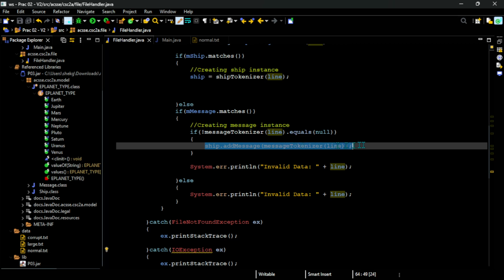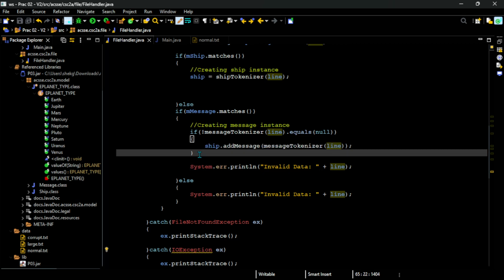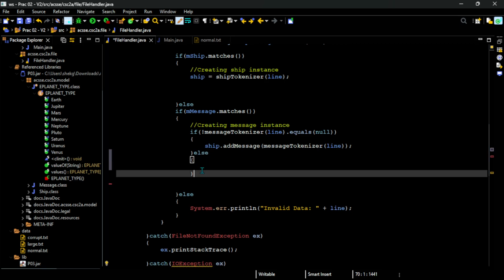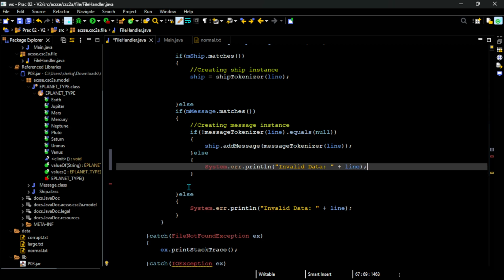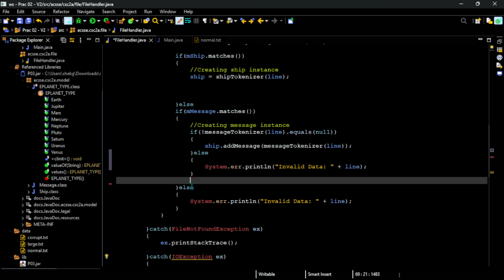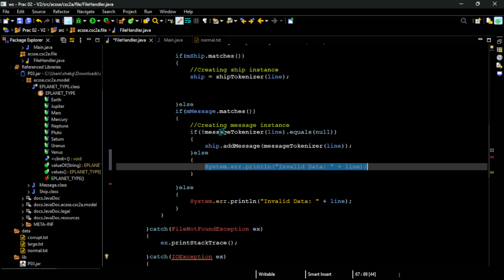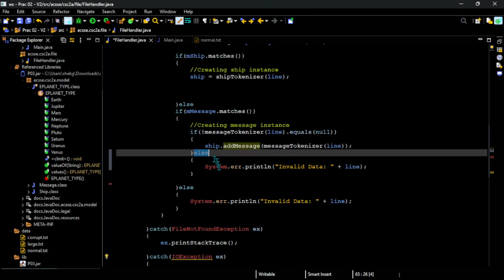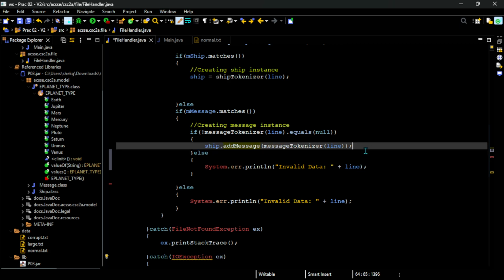You add, also this is not good because after adding it's still gonna print out this thing. So I guess this one belongs in the else part. Right? Else this. So now we have this, right? So if this is not the case, then you do this case. If the message.line is equals to null, right? If this is not equals to null, right? This is what the exclamation mark means. Then you add it onto the sheet, and if it's equals to null, then you print out invalid data, right? I think